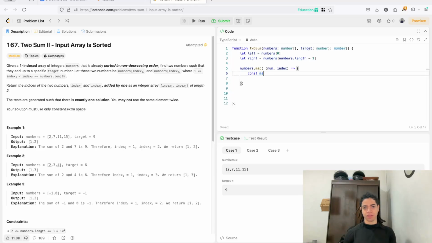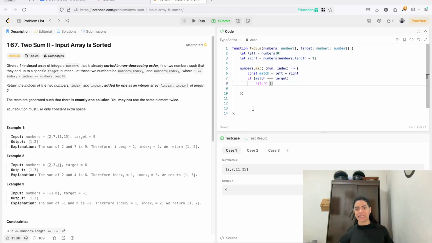So here we're going to say, hey, is the left plus right value actually a match? If the sum is the same as the target, well, return this array that will contain the left